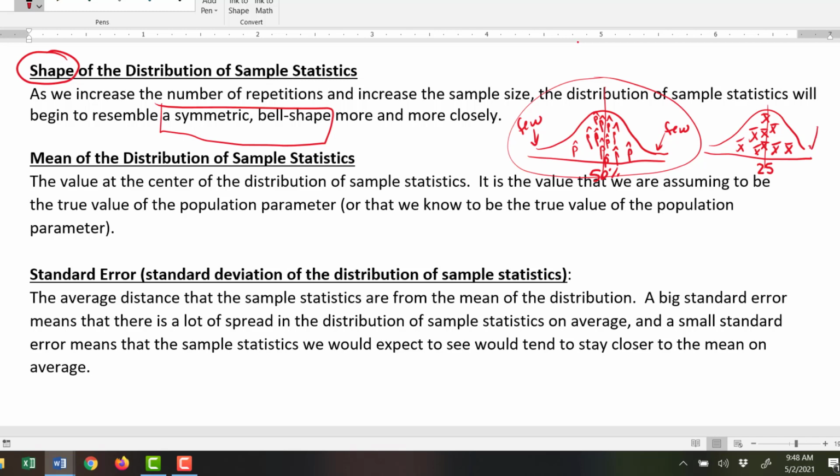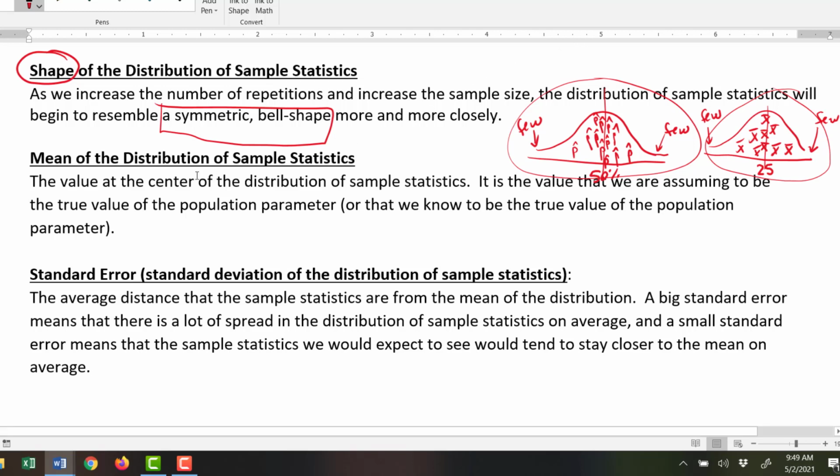It would be rare that you would collect a sample that was much, much higher than 25 hours per week worked on average. And it would be rare that you would find a sample mean that was a lot lower than that 25 hours per week. So this bell-shaped symmetric curve is what you can expect to see for your distribution of sample